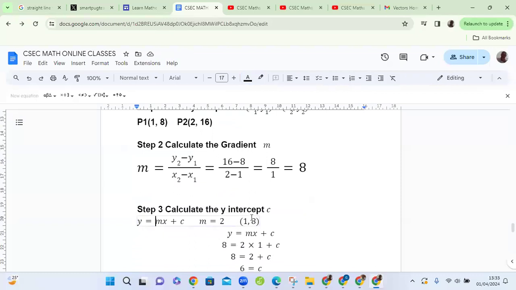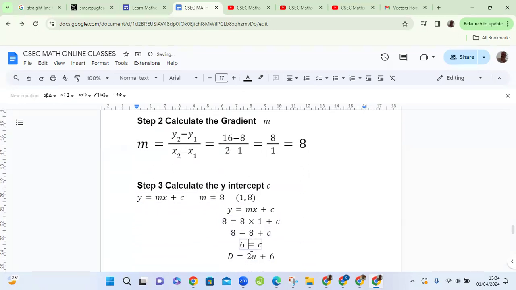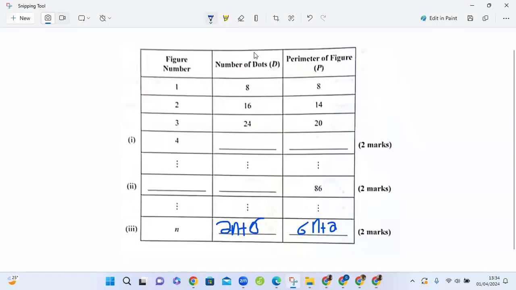Now that's going to affect this gradient that's supposed to be 8, right? Yes. It will be 8. And then 8 times 1 is 8. 8 minus 8 is 0, so the y-intercept is 0. So it's 8n. 8n alone. So this is supposed to be simply 8n